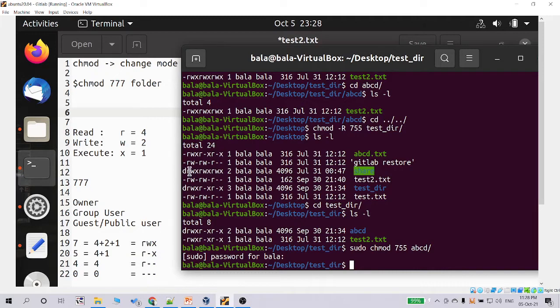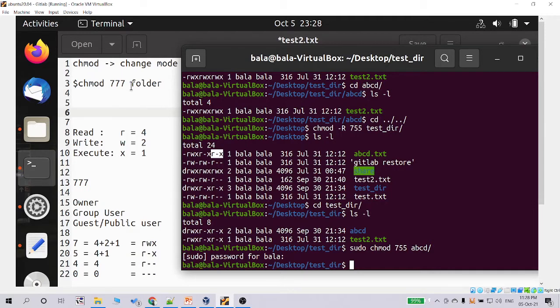There is a D, which represents the first character. A hyphen represents a file, and if there is a D, it represents a directory. Other than that, you can see there are groups: this is one set, this is another set, and this is another set.